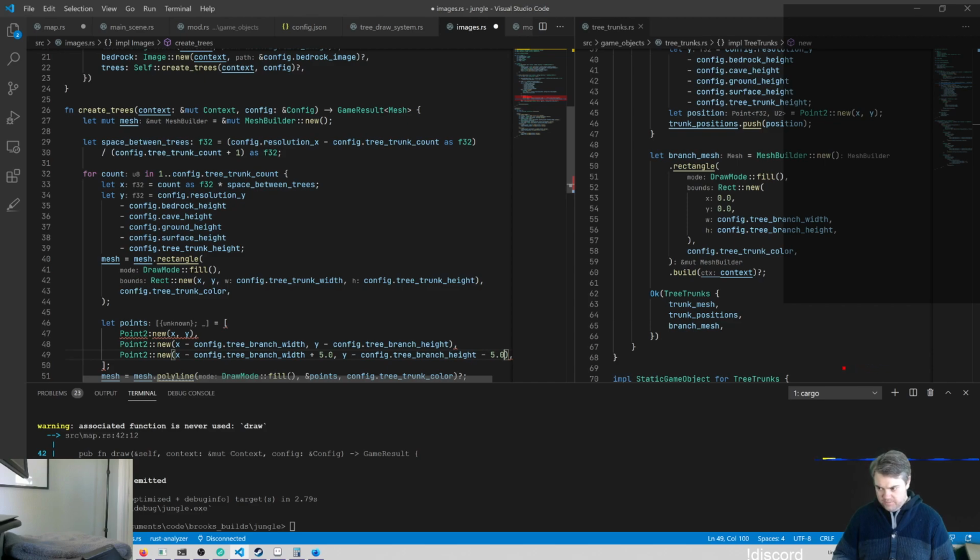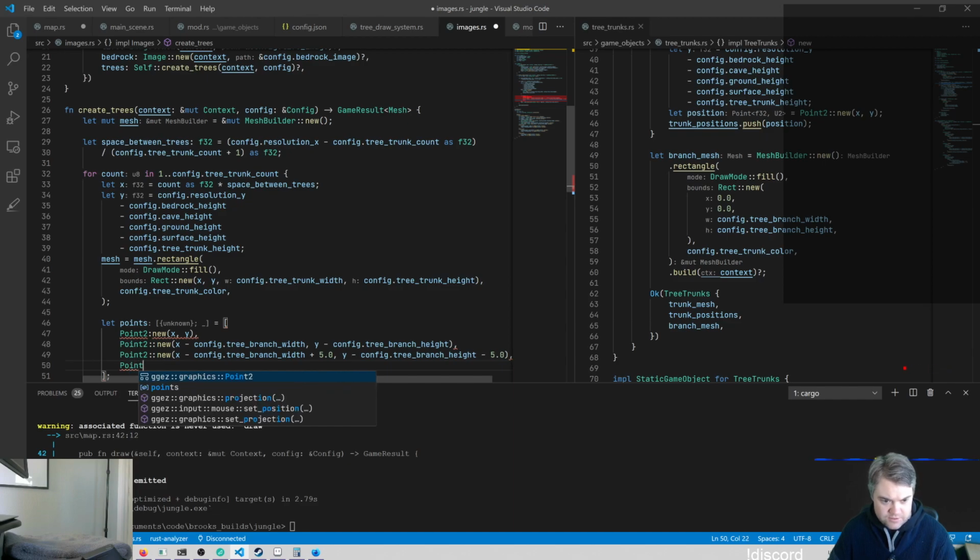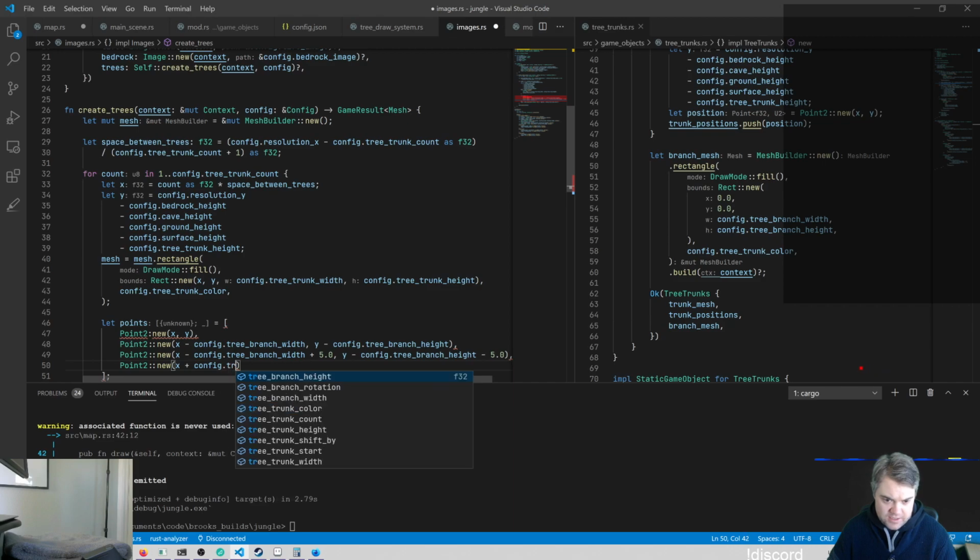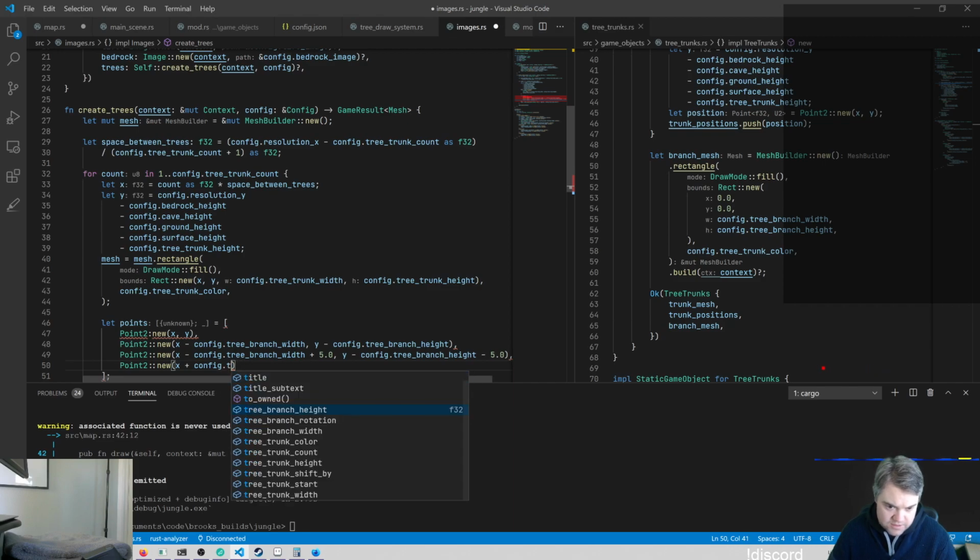Then we come back down again. So finally another 0.2. And this is going to be our X plus, probably the, okay, X plus the config dot tree trunk, the branch width,